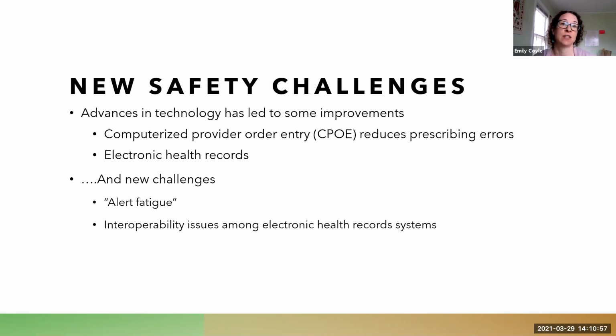You may have heard of alert fatigue with these electronic health records. There's the ability to apply alerts or notices to providers and physicians when they pull up a patient's record, but these occur so frequently and cover so many different reminders and screening options and notes, depending on the complexity of the patient, that it's inevitable that human error results from just overlooking or dismissing some of these. And then, of course, there's interoperability issues among electronic health record systems because they're all created by different vendors and they don't necessarily talk to each other.